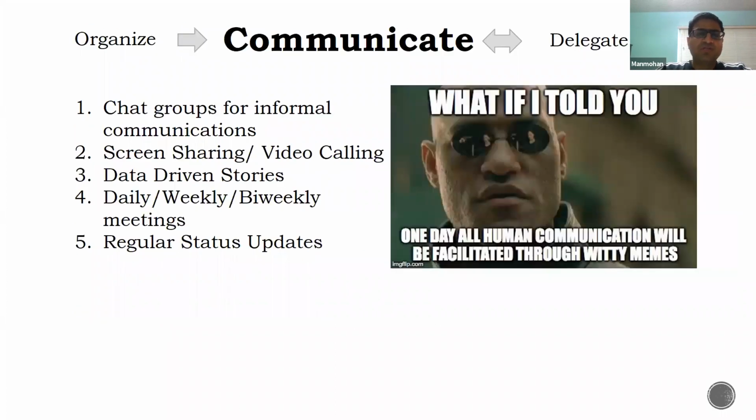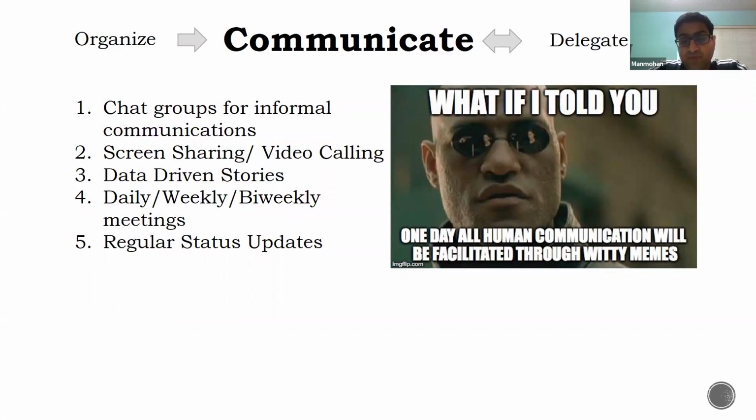Now, coming on to the second part of the framework, which is communicate. The second part of the framework basically deals with effective communication with all your stakeholders. And that is particularly important when you are remotely managing stakeholders for delivering products. Using tools such as whiteboard features, screen sharing, and documents can help communicate your thought process to your stakeholders, so that they can align with your vision and provide the support required for a successful launch of your product.